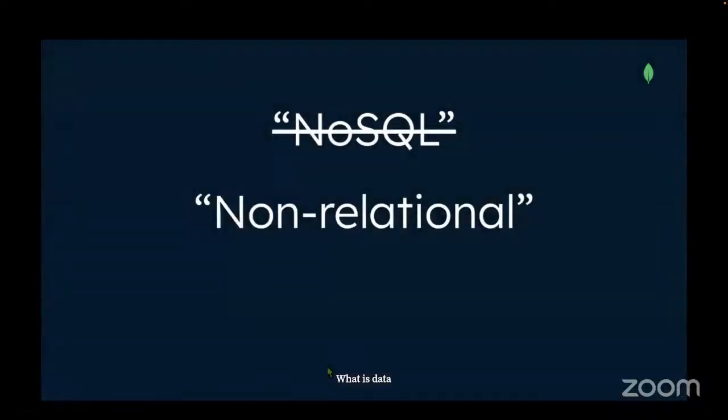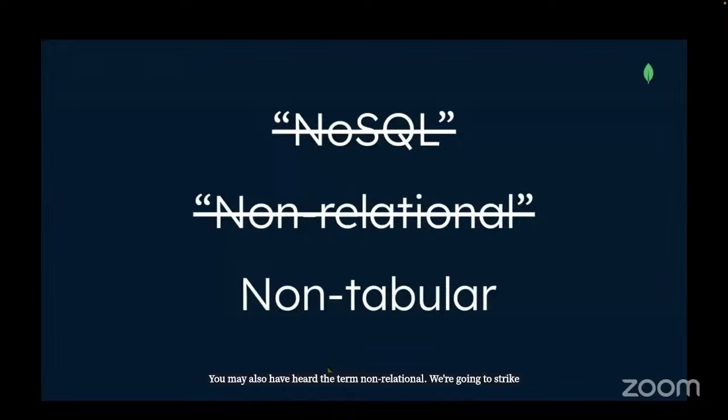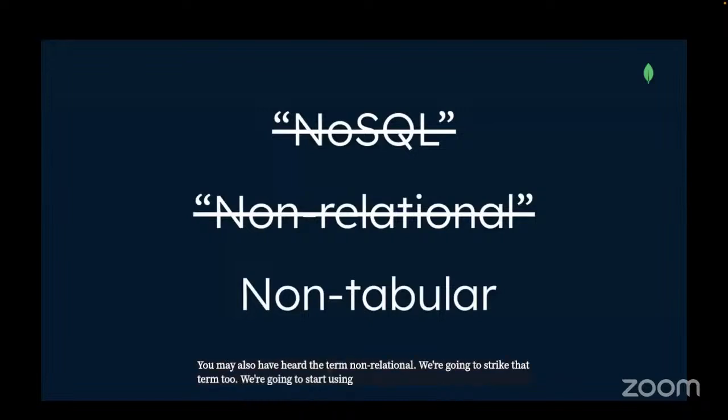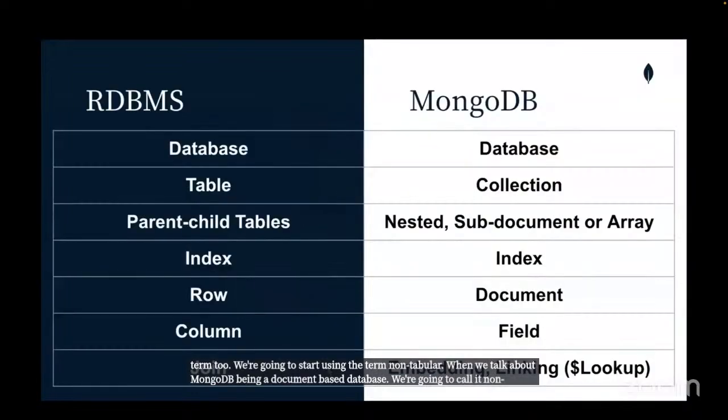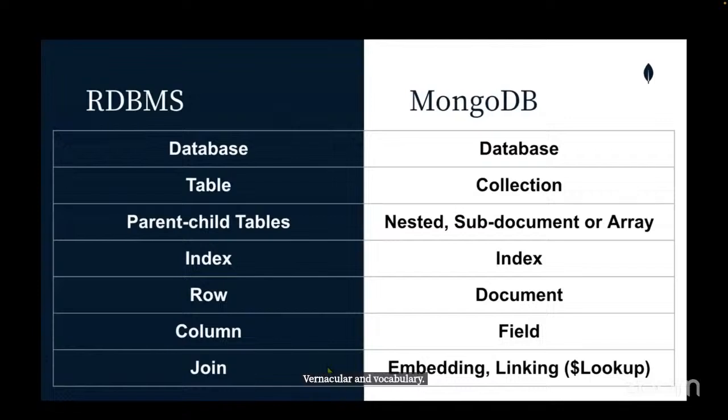You may also have heard the term non-relational. We're going to strike that term too. We're going to start using the term non-tabular. When we talk about MongoDB being a document-based database, we're going to call it non-tabular because there are no tables. And speaking of vernacular and vocabulary, here are some common phrases that I'm going to be using today